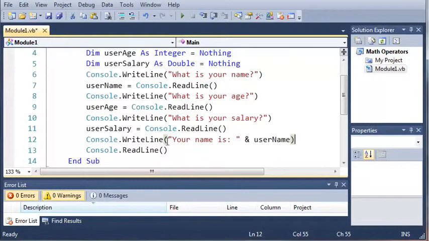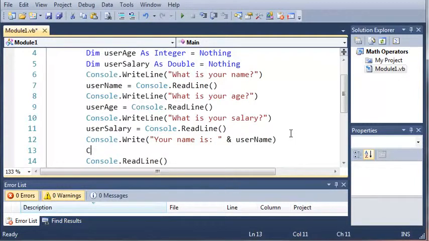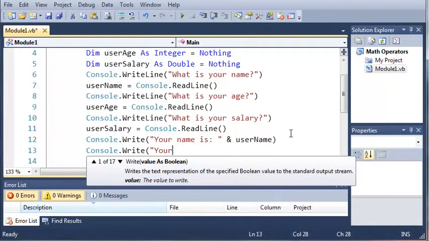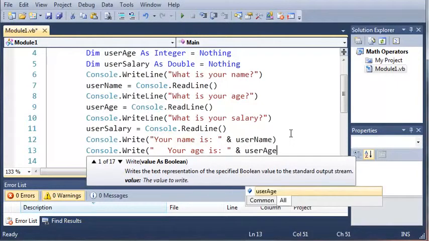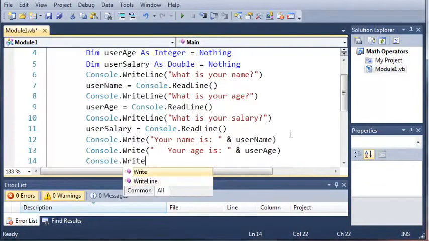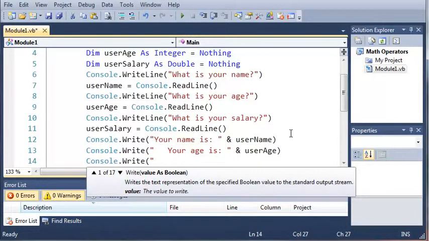And let's take out Line here, and then we'll do console.write, with a couple spaces, your age is, and then we'll just add user age, and then console.write again, your salary is,